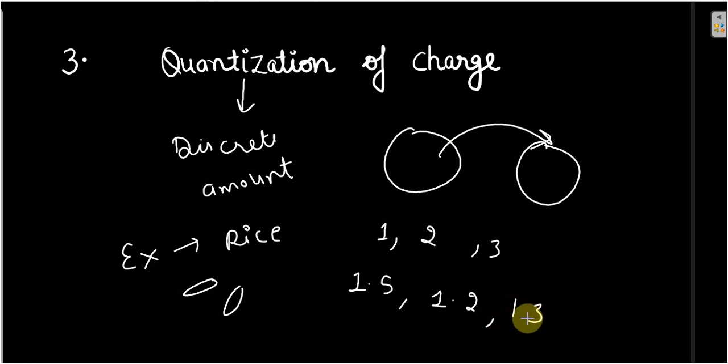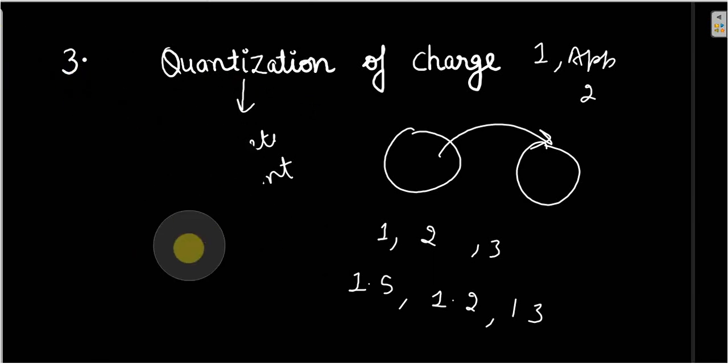For example, if you want to purchase some apples, you will buy them as 1 apple, 2 apples, 3 apples, like that. Your shopkeeper will not give you one half apple or one and a half apples. That is not possible. Similarly, charge always enters from one body to another body in discrete amounts, like 1, 2, 3, 4 and 5. Because of that, we say charge is not a continuous property, it is a discrete property, and we